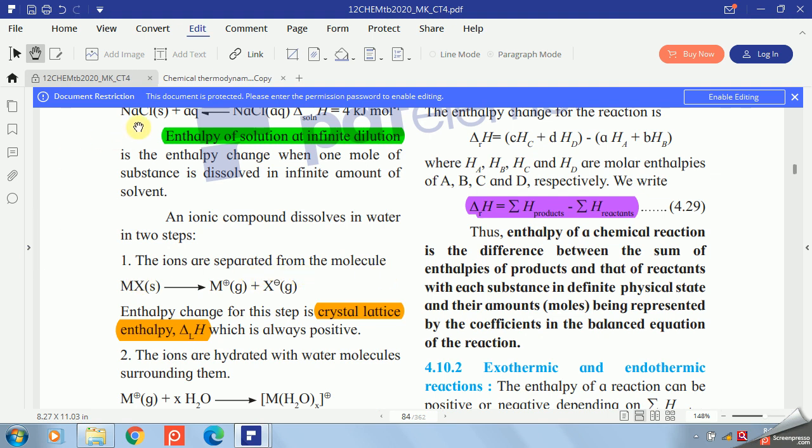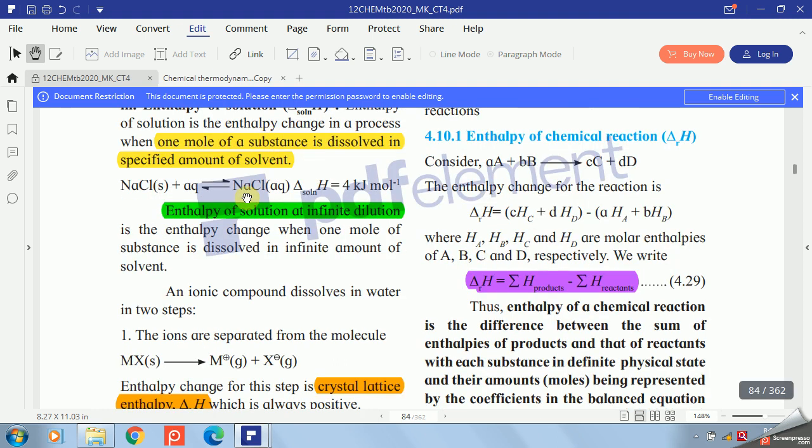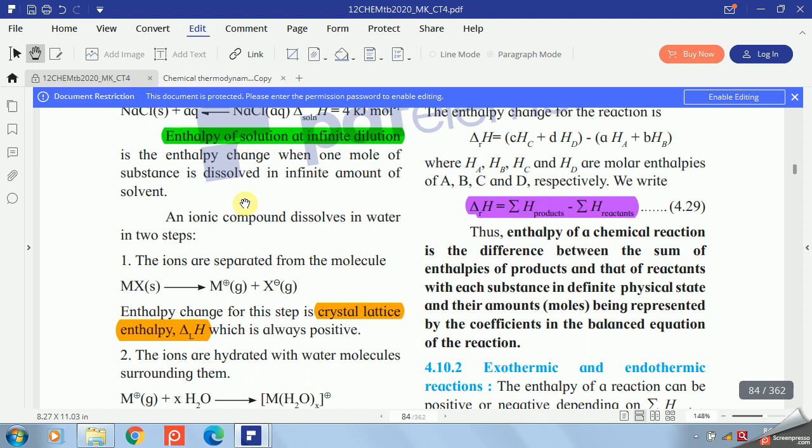Let us suppose your ionic compound is NaCl, so NaCl gets converted to Na plus and Cl minus. Or you can take another example like KCl. KCl gives K plus and Cl minus. The enthalpy change for this step is the crystal lattice enthalpy, and it is denoted by capital L, which is always positive,